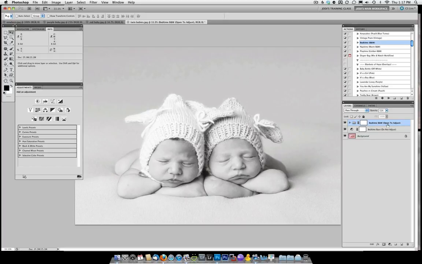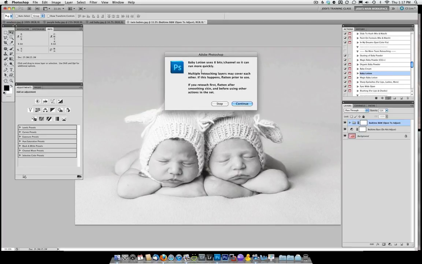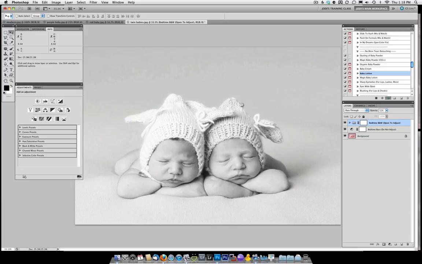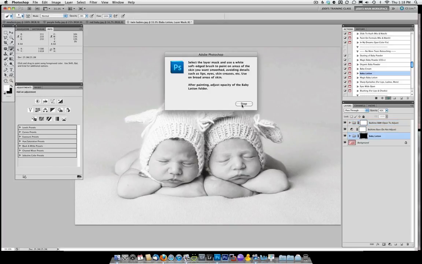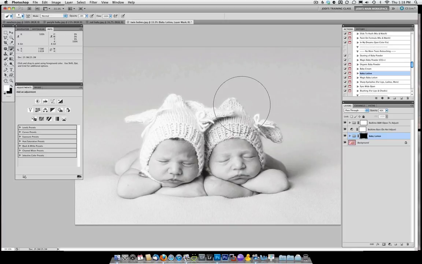Very important. Let's go ahead now and smooth out their skin just a little bit. It's pretty nice already, but let's click on baby lotion, and it's going to give you a message letting you know that you would benefit most by doing this after doing the workflow, but that if you choose to do it before, you will need to flatten before you run the workflow actions so layers don't get all jumbled. Okay, so we've got baby lotion, and all you're going to do is use a paintbrush,